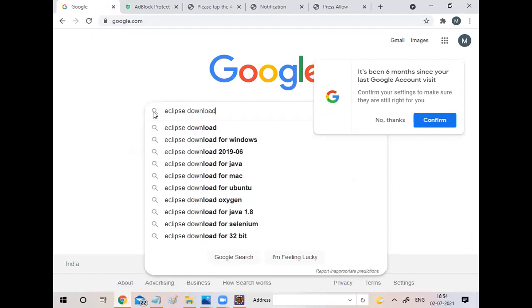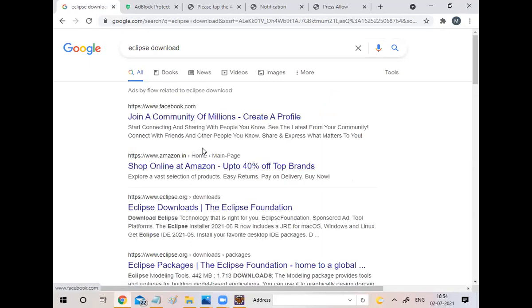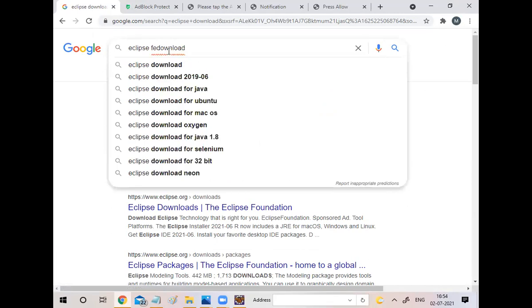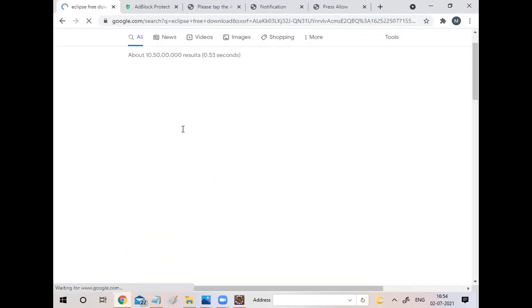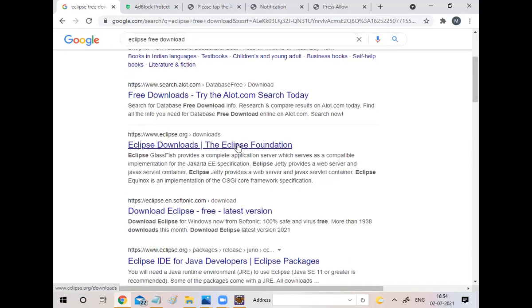It's very easy. No need to worry about that. Don't feel that the first day session is something tough. No, very easy. Eclipse free download. You just go there. You will be getting a lot of free Eclipse versions from here.